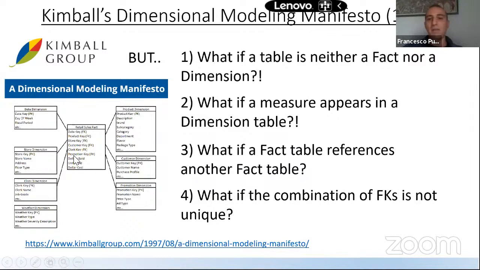But wait a minute, if I go there and say, I want to buy 2 of these things, and the clerk is pressing the button and generating the bill, that has generated 1 row in your database. And I say, oh, no, wait a minute. You know what? The price is very good. I take 1 more. Done. So this is already a violation of one of the main assumptions of Kimball. It's very common that the combination of the foreign keys is not unique.